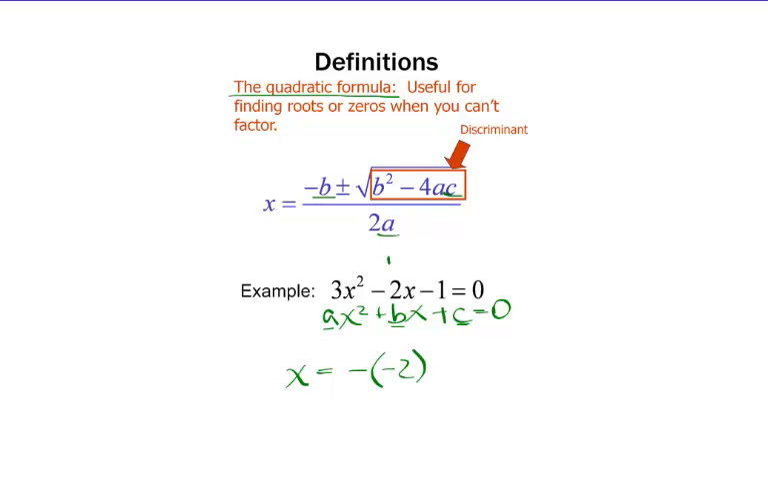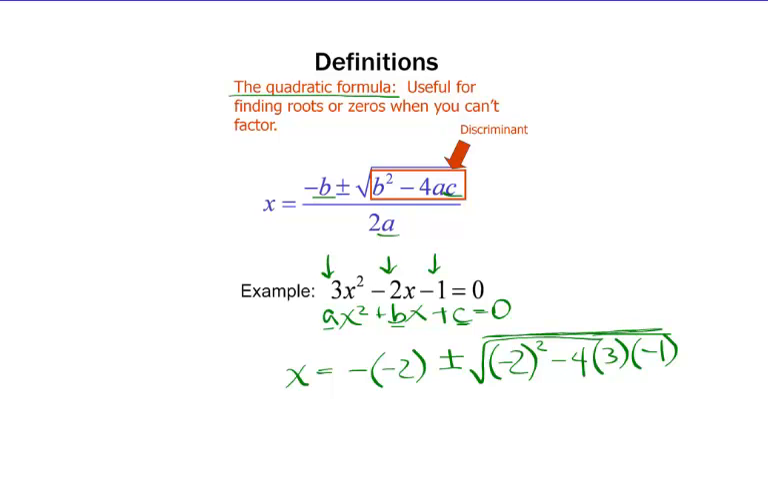For us, b is -2, plus or minus the square root of b squared minus 4 times a. For us, a is 3, times c. c is -1. Don't forget your positive and negative signs. All over 2 times a. So x must equal 2 plus or minus the square root of 4 and 12 is 16, all over